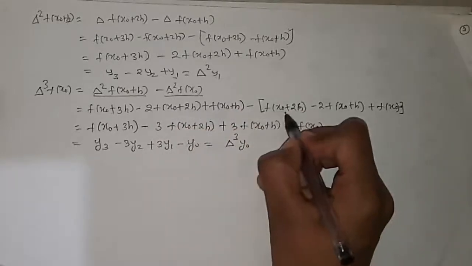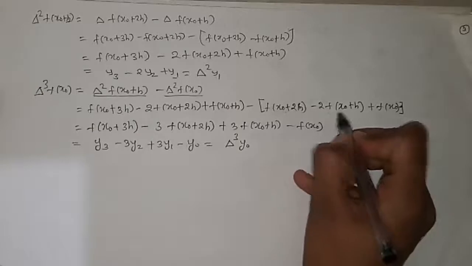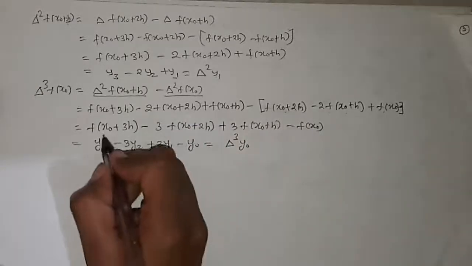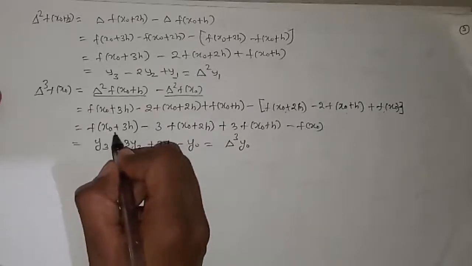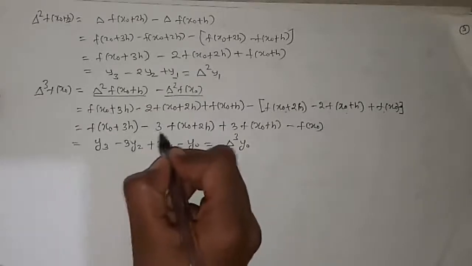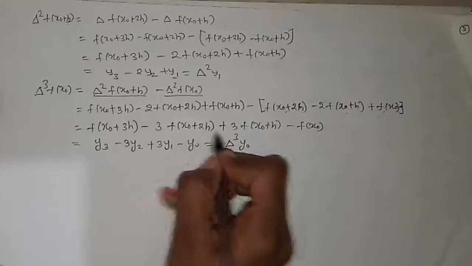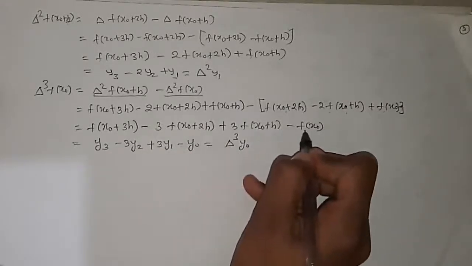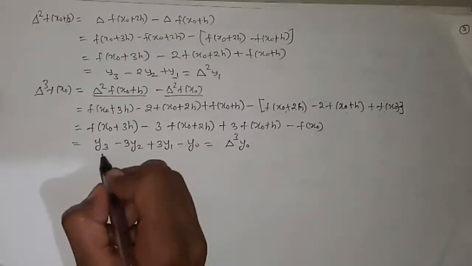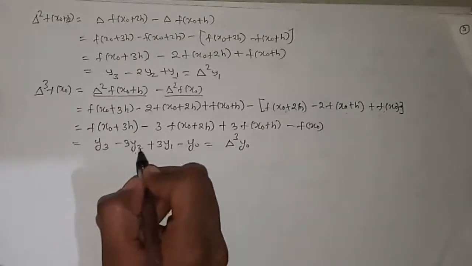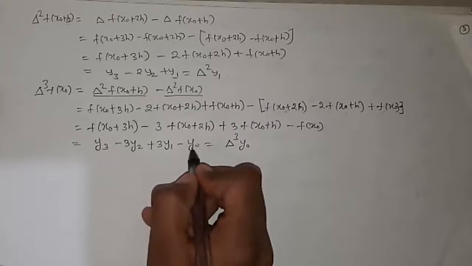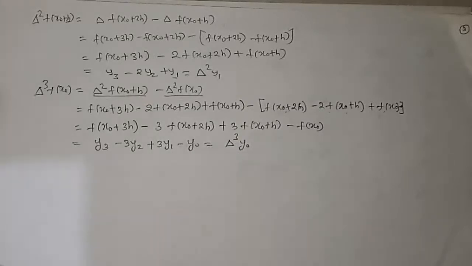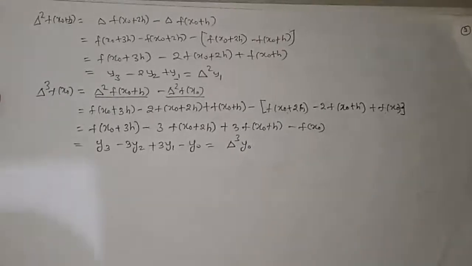So f of x naught plus 2h minus 2 times f of x naught plus h plus f of x naught. On solving this, I am getting the answer as f of x naught plus 3h minus 3 times f of x naught plus 2h plus 3 times f of x naught plus h minus f of x naught. So this becomes y3 minus 3y2 plus 3y1 minus y naught, which is equal to delta cube y naught. So this is how we find forward difference